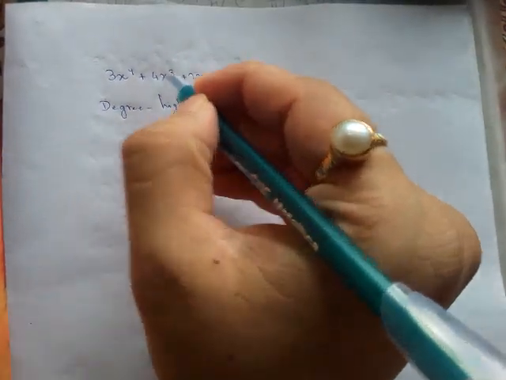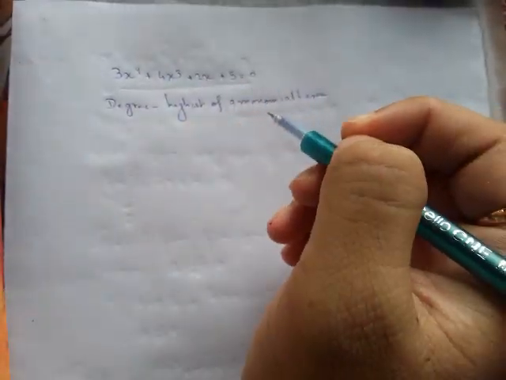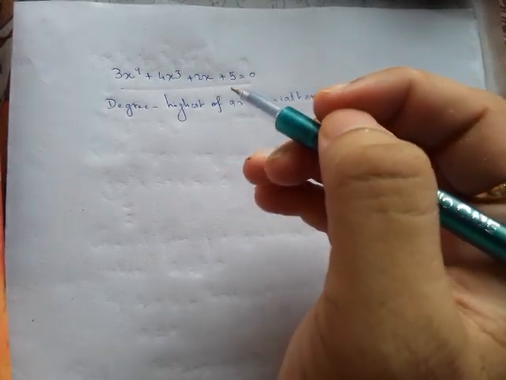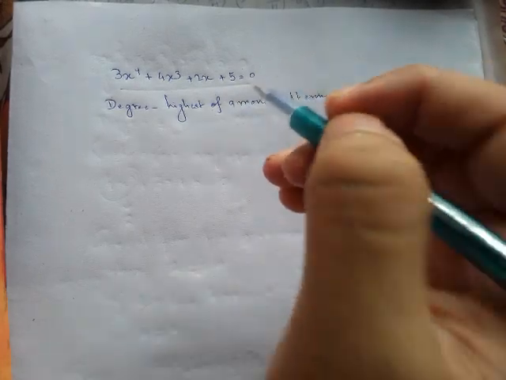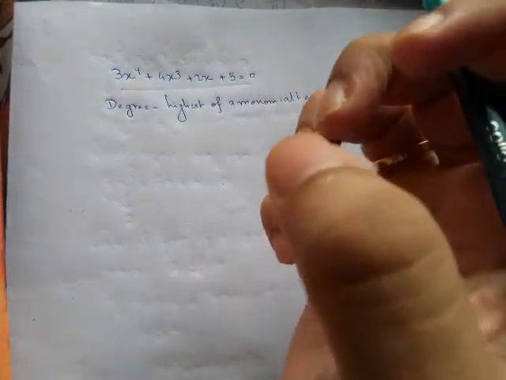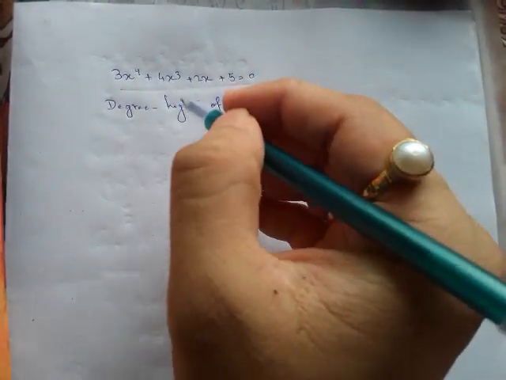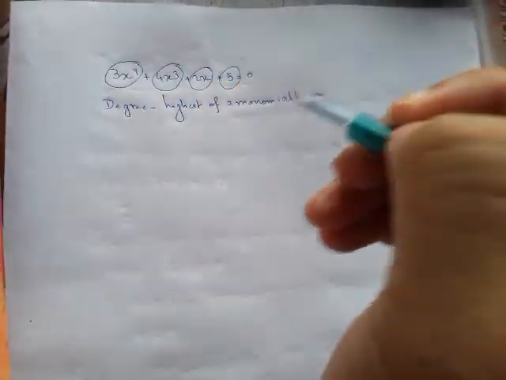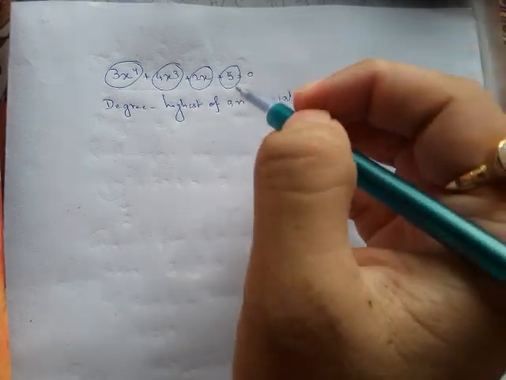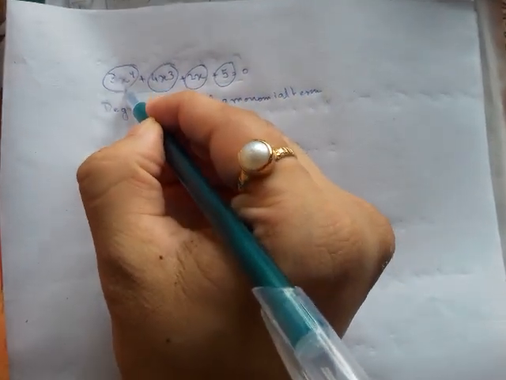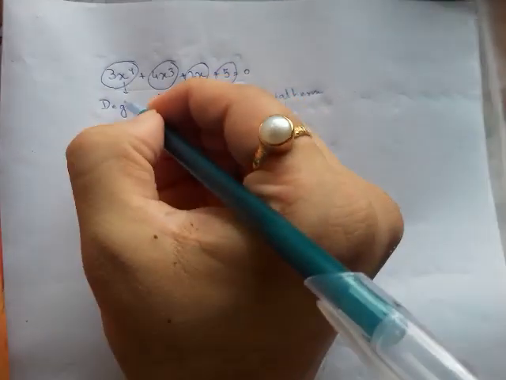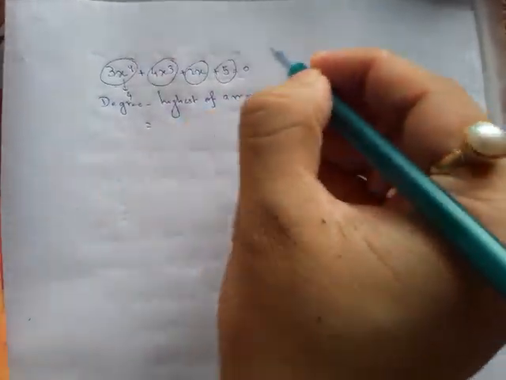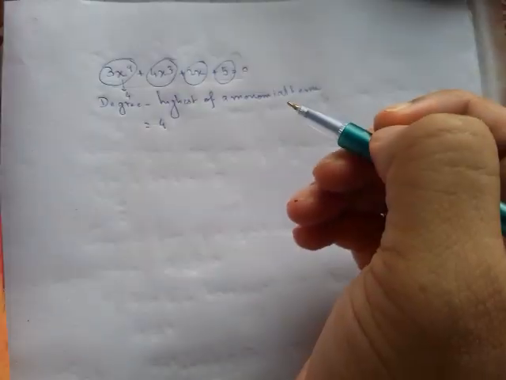So as you can see, this is a polynomial expression we have over here. Now what is the degree of it? How can we determine the degree of it? Degree of a polynomial expression is the highest power of its monomial terms. So these are the monomial terms. We have four monomial terms over here. So what is the highest power? The highest power is with the first monomial term, which is 4. Therefore, degree of this polynomial expression is actually 4.